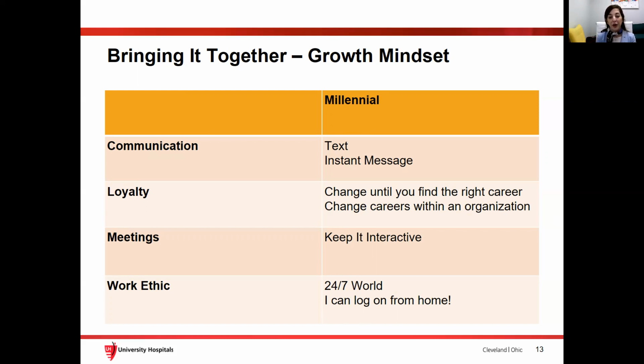And finally, work ethic. Millennials grew up in a digital age. They have no problem completing duties at home, whether it's later or at any time. We're just used to being on the internet all the time, but we prefer a little bit of flexibility during daytime hours as well. So in other words, millennials will work after hours so long as they're guaranteed some flexibility, and they place their emphasis mostly on a high quality deliverable, more so than on the specific hours that they're in the workplace.